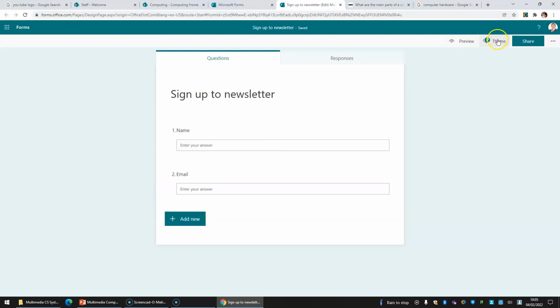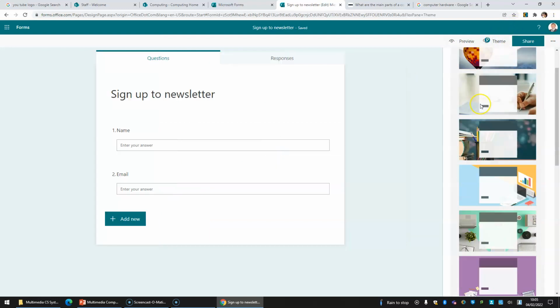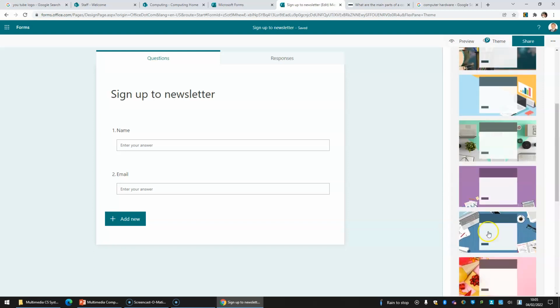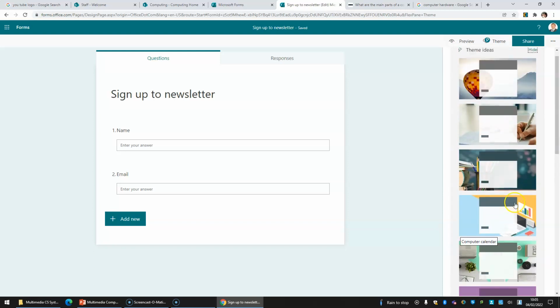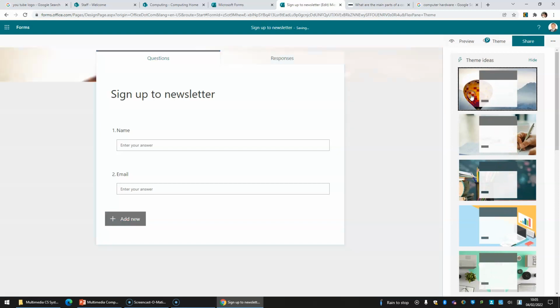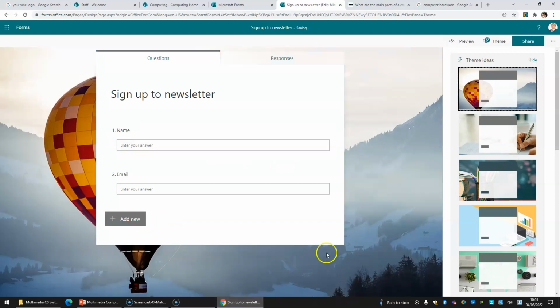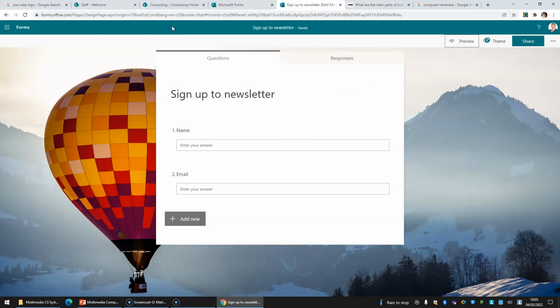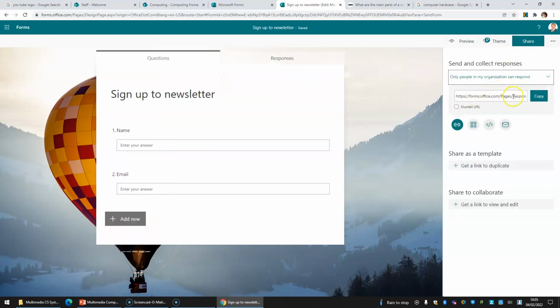Like if you want to go to theme, and to make it look a bit nicer, you can pick one of these themes here. Different colours, different things, but I'll just go to nice hot air blue. There you go, you've got a nice theme going on then. And if you click preview, when somebody fills in your form, it looks like that, and they just submit it. That's it. It auto saves, job done. So go to share, and in share you copy the share link here. So you click copy,